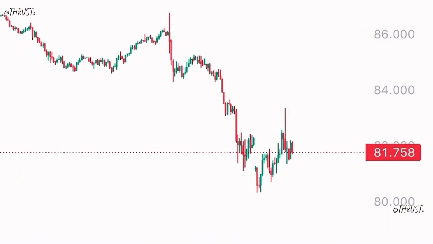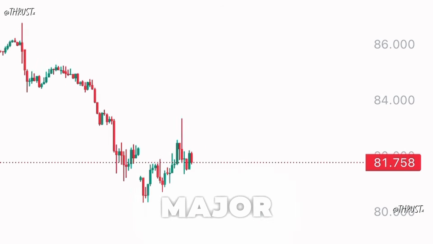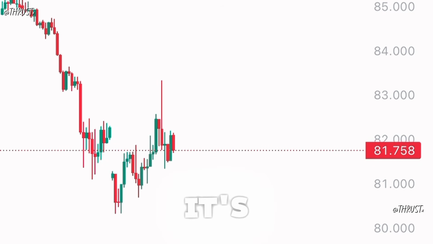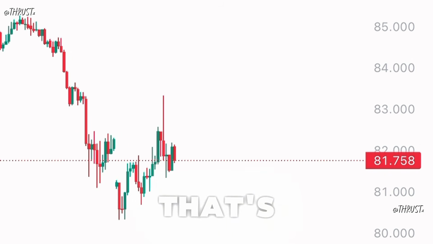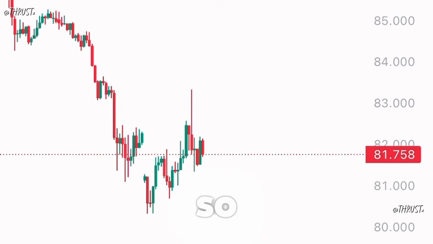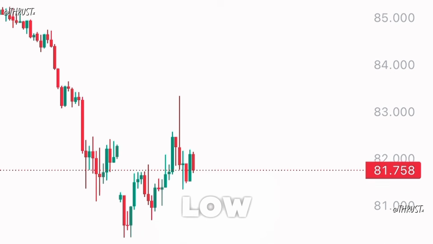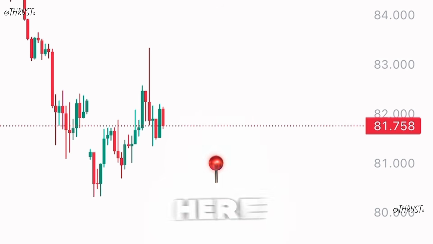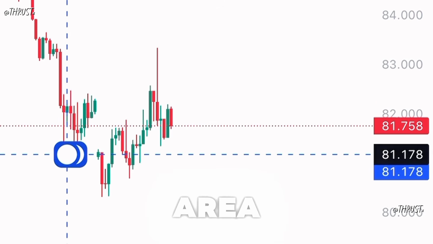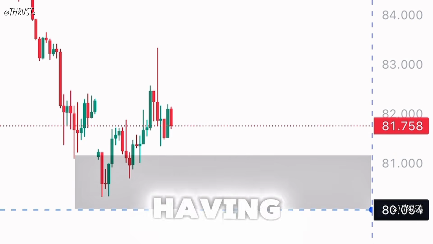Okay, make sure it's a major rally based drop or a major drop based rally. That's how it can work. So here we have a drop based rally. In other words, I'm saying we have a lower low. That's a major lower low here. So you put your shadow zone area to indicate that this is the price you're going to have to come back